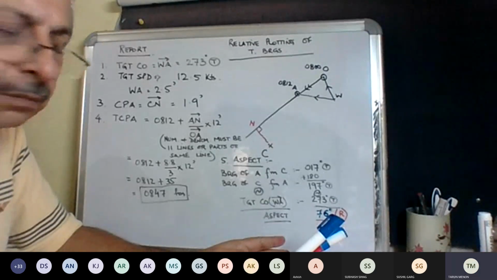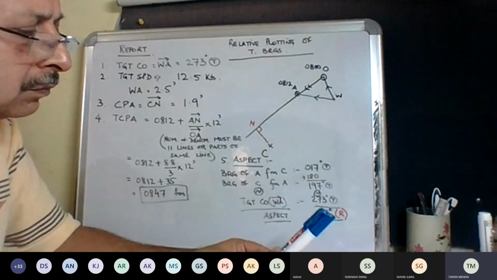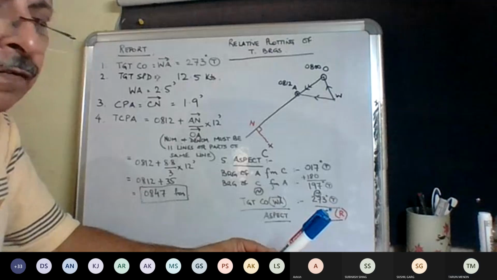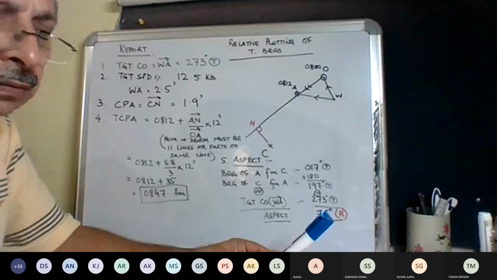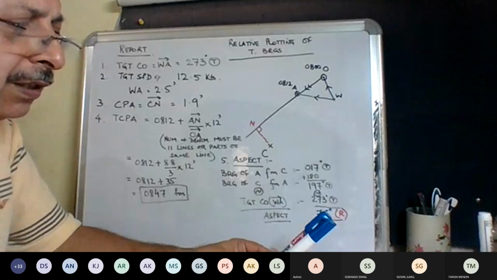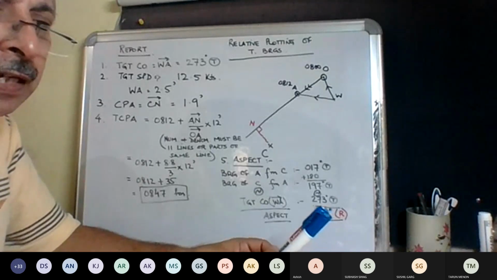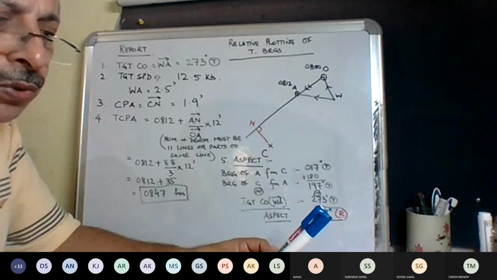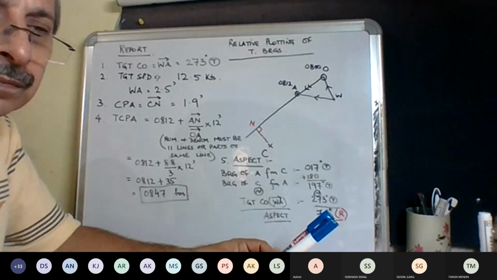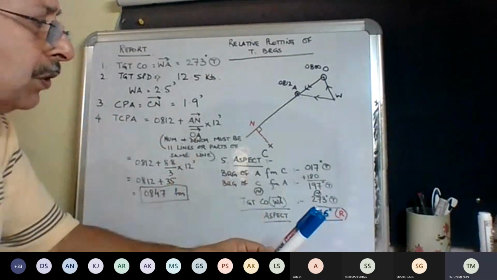Sir, if it is an oral question, then without drawing we cannot make it out, no sir? If it's an oral question, then the question will first ask you what is aspect, the definition of it, and the next question immediately following will be how do you calculate it using plotting. So you'll have to describe the procedure.